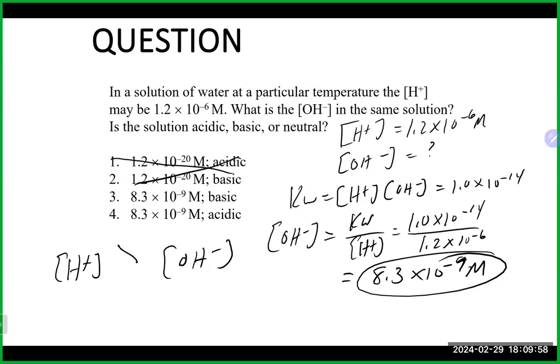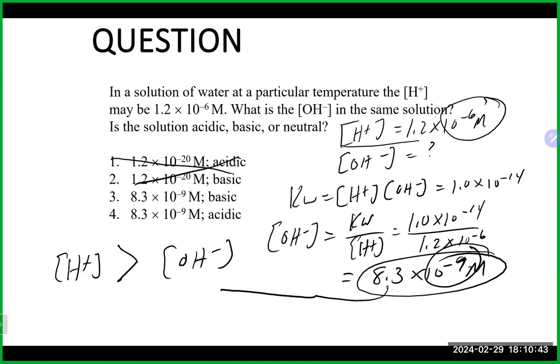It is the H plus concentration that is larger. A reminder that when you are comparing exponents that are negative, the negative is kind of important. The smaller negative exponent is actually the larger number, because to the minus 6 means we're only going 6 places to the left and putting zeros. To the minus 9, we're going 9 places to the left and putting a lot more zeros, which makes it a lot smaller number. So the smaller negative exponent is the larger number in this particular case. Question on